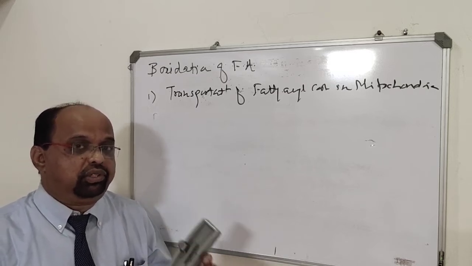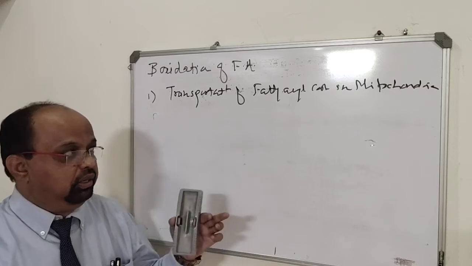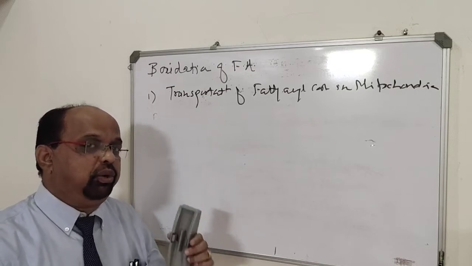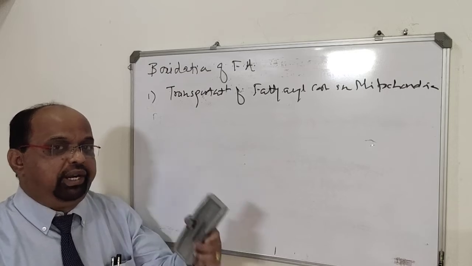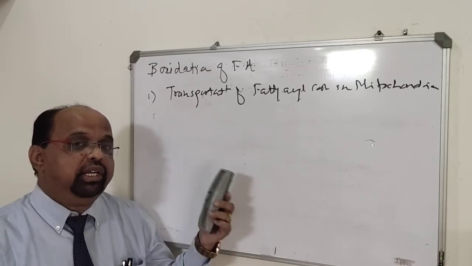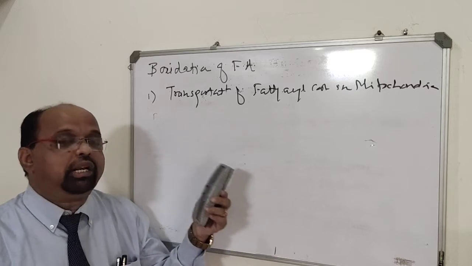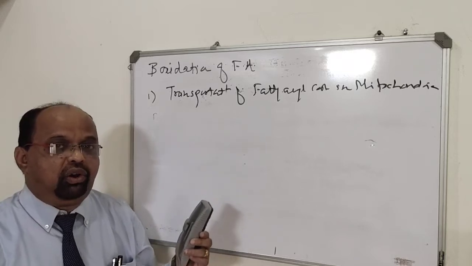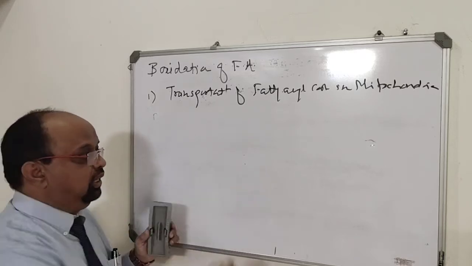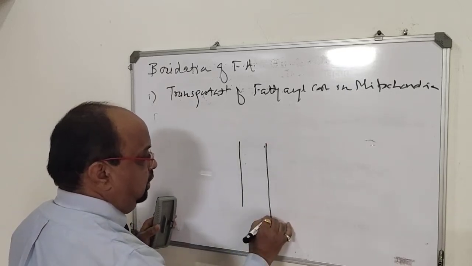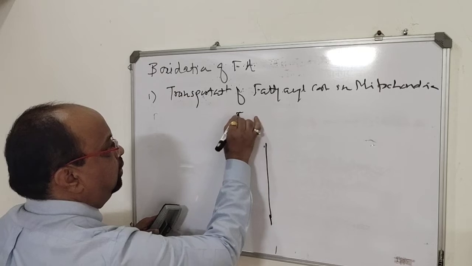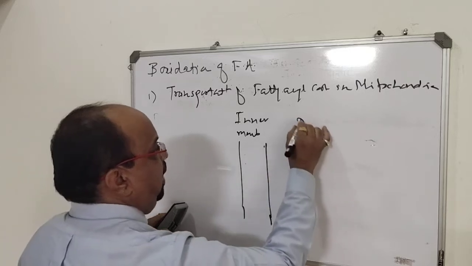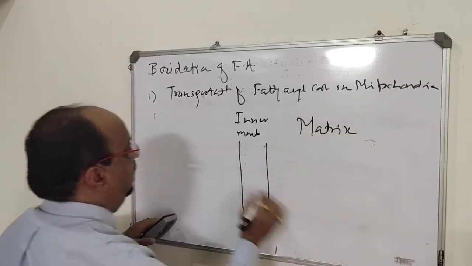for further oxidation. But the major barrier is what? The inner membrane of mitochondria. From cytoplasm to matrix there is a barrier, called the inner membrane of mitochondria. That inner membrane is impermeable to fatty acyl CoA or fatty acids. Suppose this is the inner membrane, this is the matrix of mitochondria,